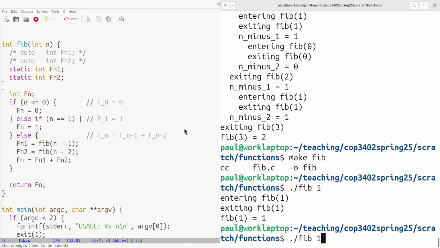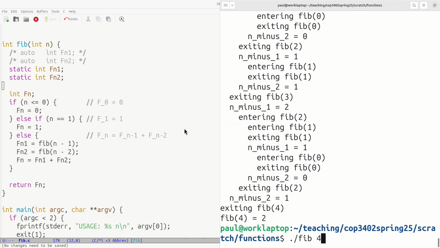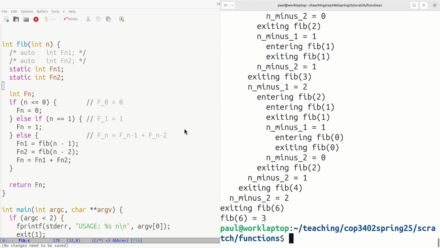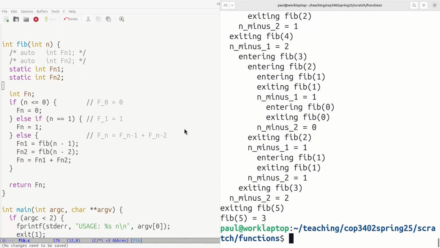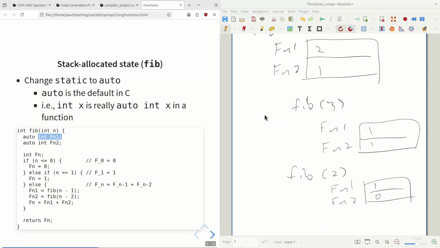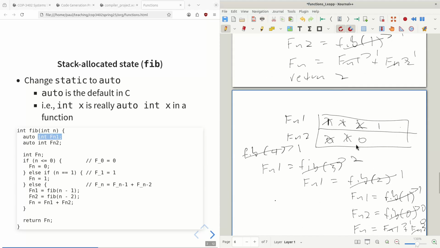And you can see here that the Fibonacci sequence works out for a little while, but when I get to fib of 4 and fib of 5, these aren't correct anymore. So you can see fib of 5 is not 3, fib of 6 is not 3. This is the result here. And so we get that error, or that unexpected value, that's revealed here by having one variable allocation